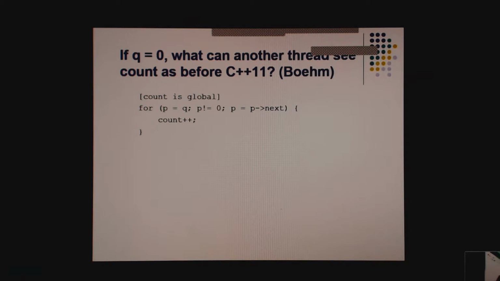What could another thread see the count as? Probably not any value.